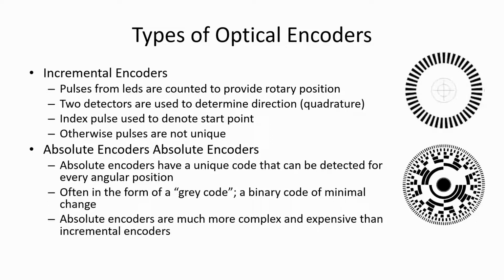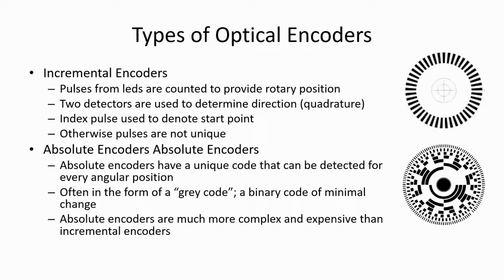Here it may have two detectors, and these detectors are used to sense the direction. Based on the two sensors, two pulses will be generated. Depending on the pulses, the phase difference between them tells whether it is rotating clockwise or anti-clockwise, and the position can also be sensed based on the starting point.